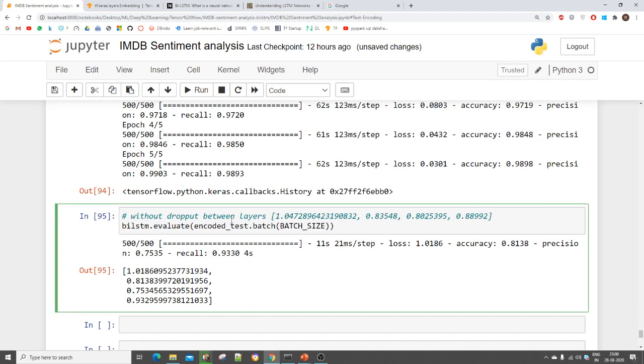So that's all in this particular video, and I will upload this code in a Google Drive and GitHub link. I hope I was able to explain to you each and every line of code in RNN using TensorFlow.